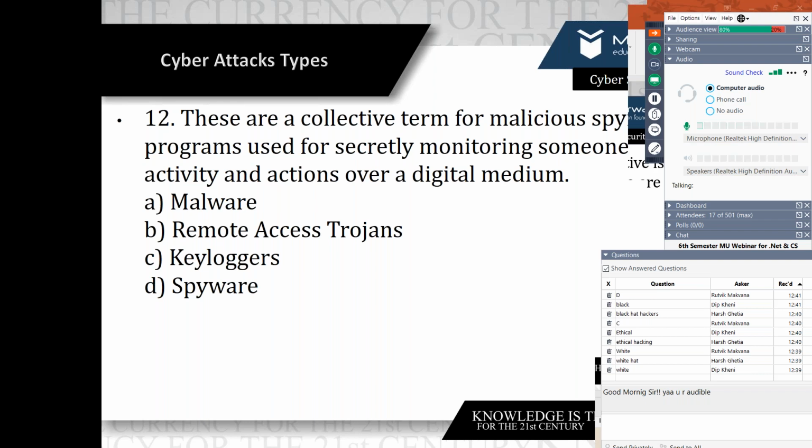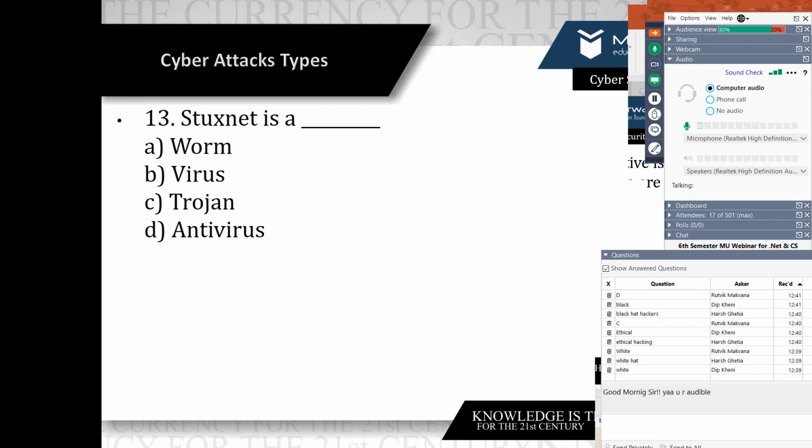So now we have the last two MCQs remaining. Okay, this one: the name of a virus form, Trojan or antivirus. It is again not possible to say from that. Stuxnet, which category is it? Virus form or Trojan?